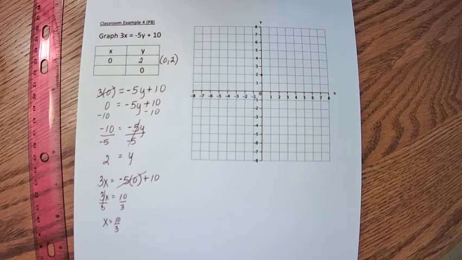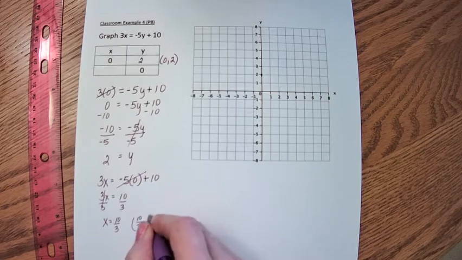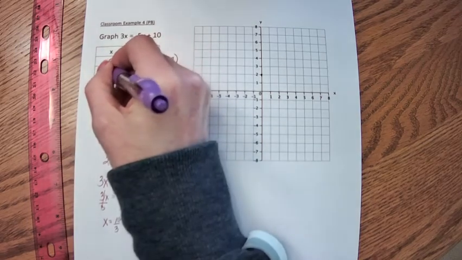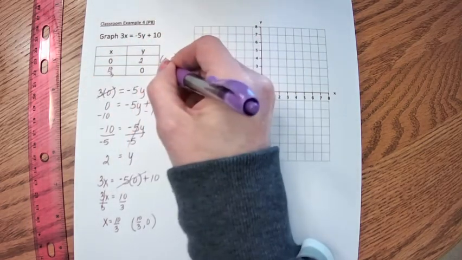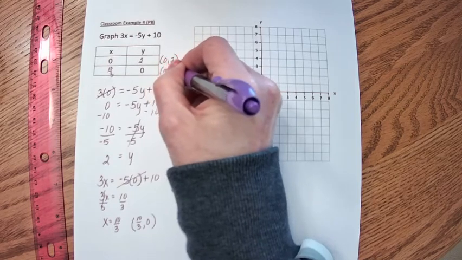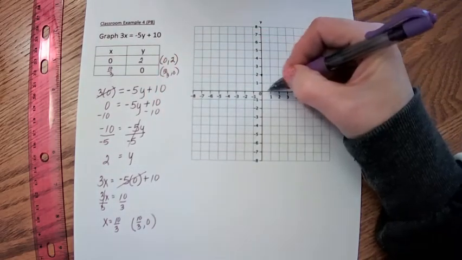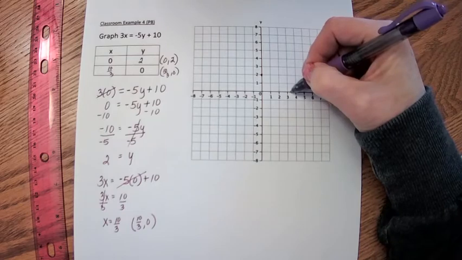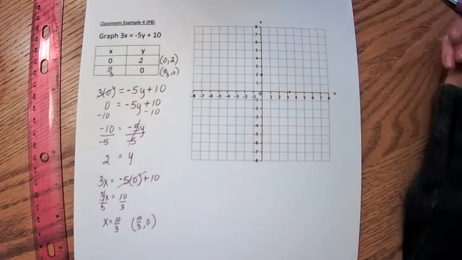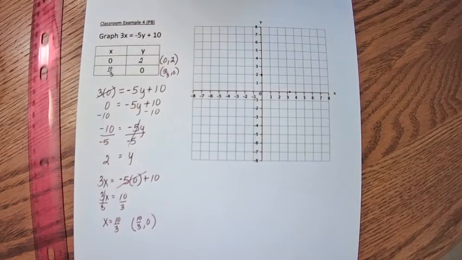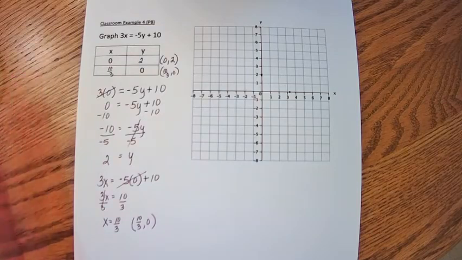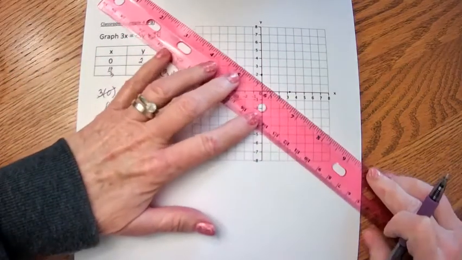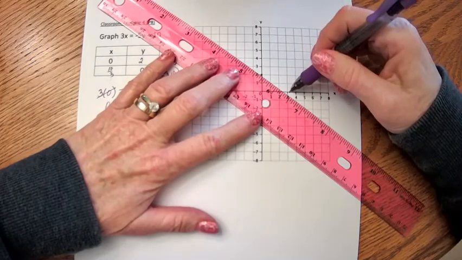It's between 3 and 4, closer to 3. So that's the point (3 1/3, 0). Oh, sorry, I should put it up here. (10/3, 0). So here's 3, here's 4. 3 1/3 is about there. And